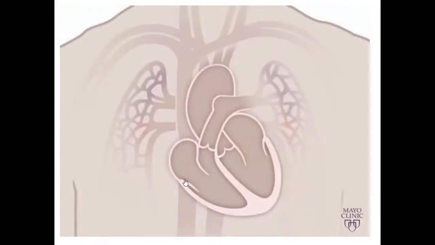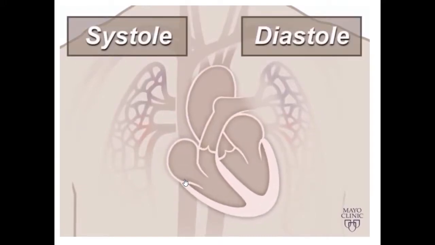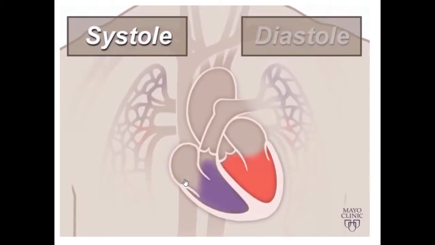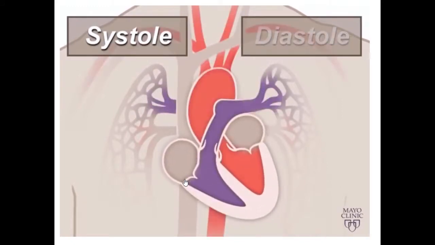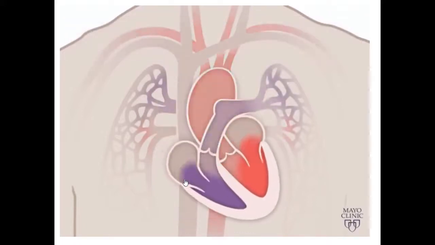A beating heart contracts and relaxes. Contraction is called systole, and relaxing is called diastole. During systole, your ventricles contract, forcing blood into the vessels going to your lungs and body, much like ketchup being forced out of a squeeze bottle. The right ventricle contracts a little bit before the left ventricle does. Your ventricles then relax during diastole, and are filled with blood coming from the upper chambers, the left and right atria. Then the cycle starts over again.